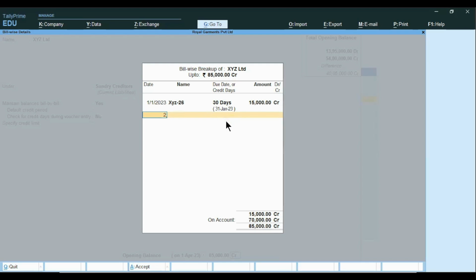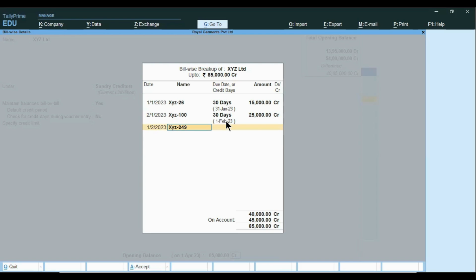So another bill was dated 2nd of Jan 2023. Bill number was XYZ 100. Again, you can give 30 days as a due date. Bill was of 25,000, and another bill of 1st of Feb, XYZ